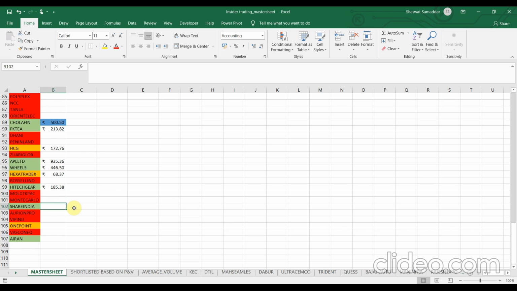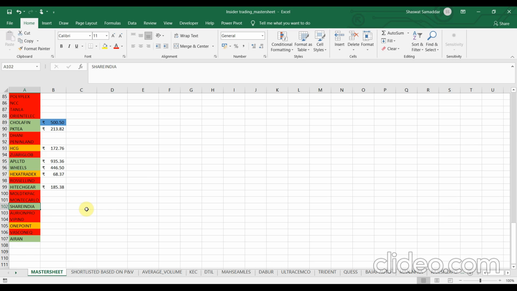Now, what are these numbers? These are the average price that we will calculate in a bit, at which the promoters made an entry into this particular stock. And our aim would be to make an entry into these stocks closer to these prices. Not at exactly these prices, but in a range of plus minus 5% maybe, because it is quite difficult to catch the stock in exactly these average prices. But if we catch the stock in these average prices exactly, then it's a good thing. So, let's calculate the average price.